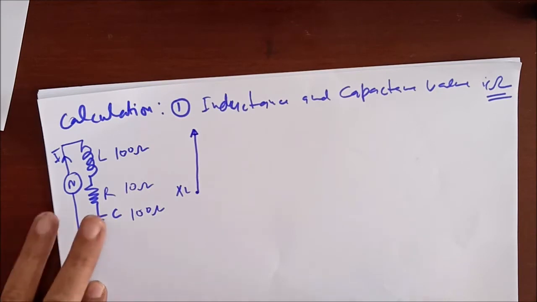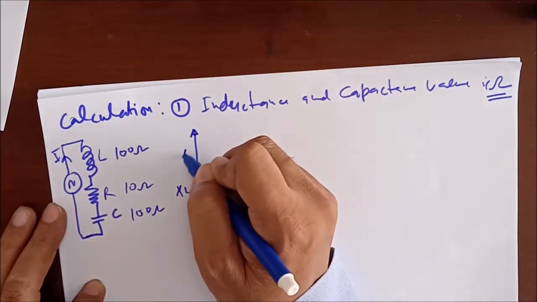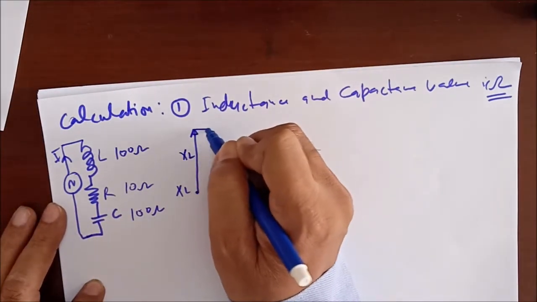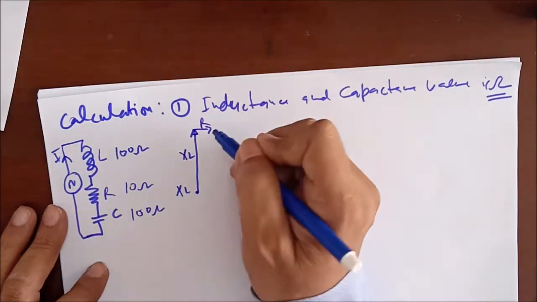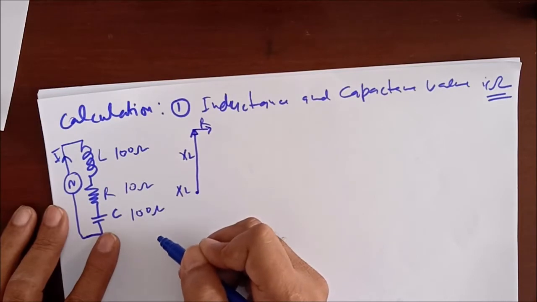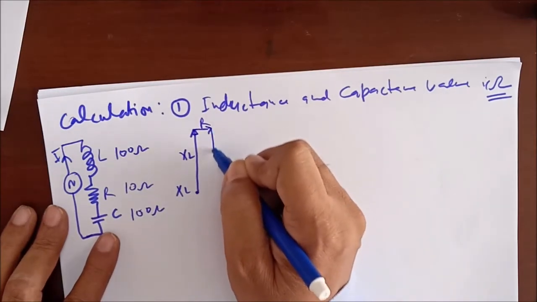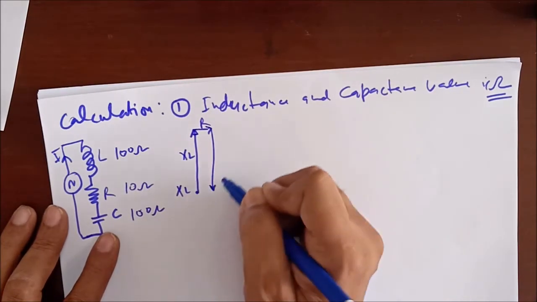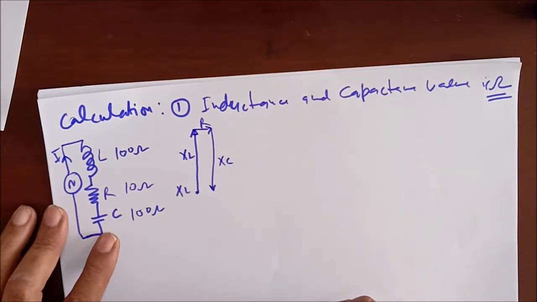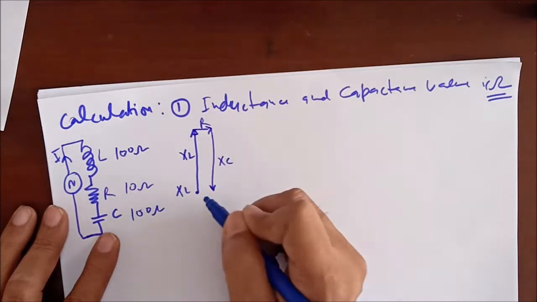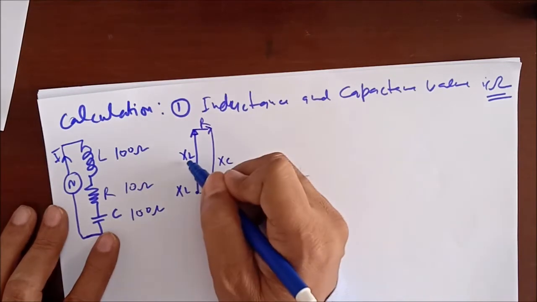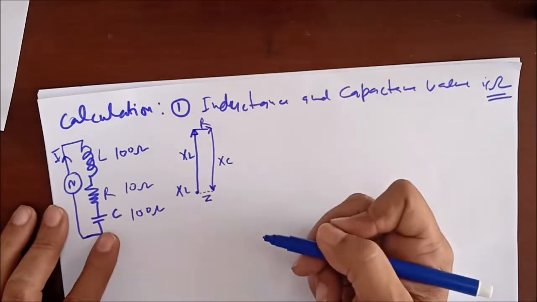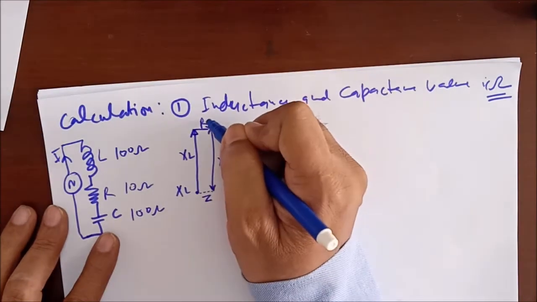Then R goes 10 in this direction, and XC is opposite to XL, coming back downside with 100. The result, this dotted line Z, will be the impedance, because XL and XC are cancelling